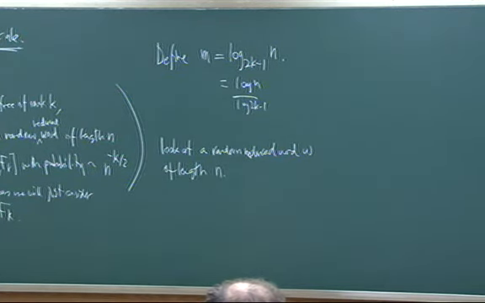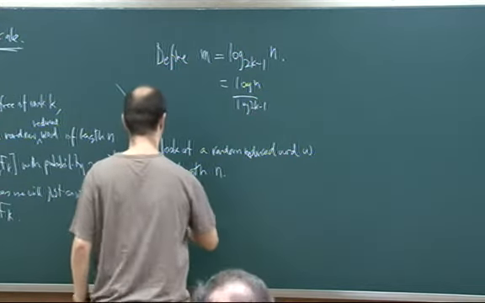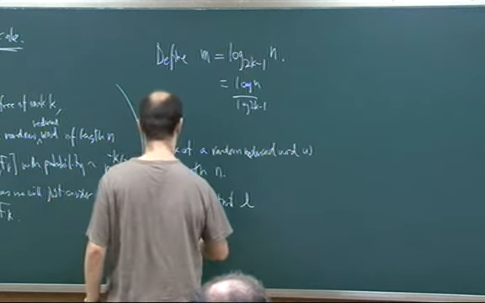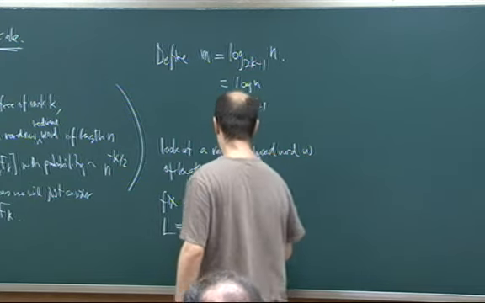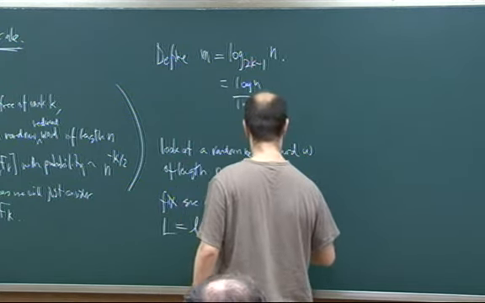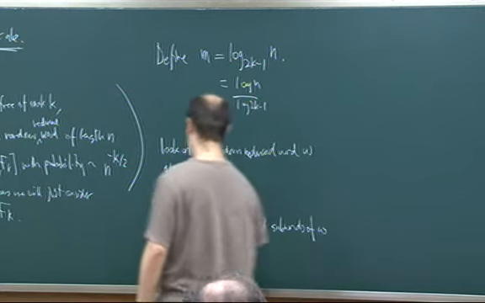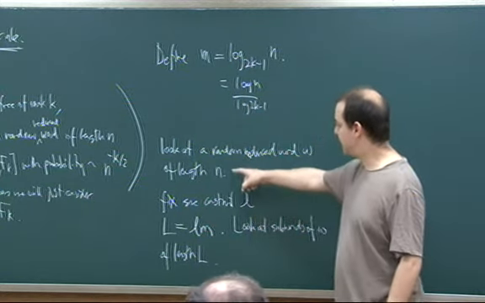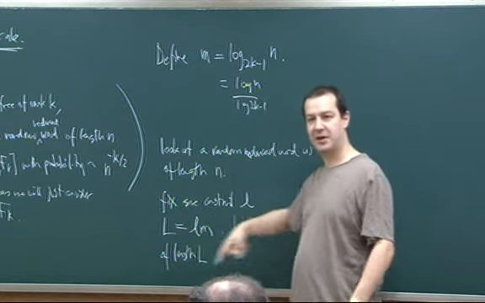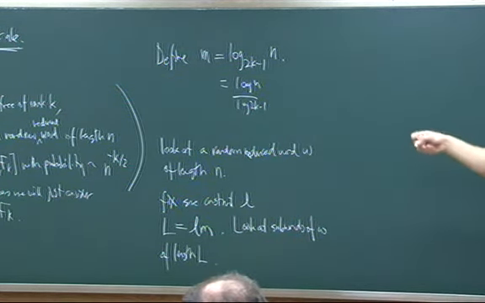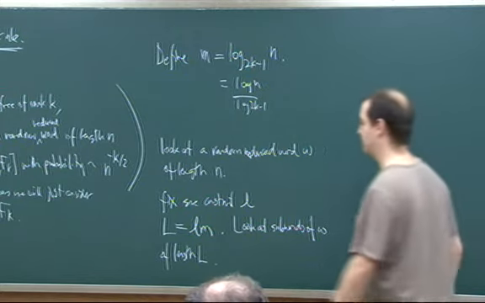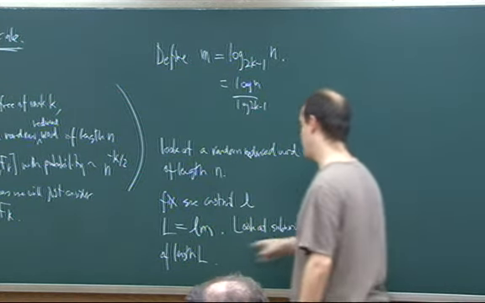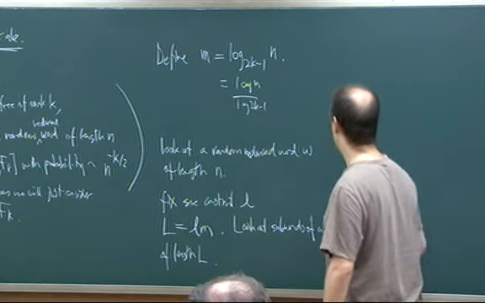If we look at the subwords, we're going to fix some constant, let's call it little l, and then capital L would be little l times M, and we're going to look at the subwords of W of length capital L. So the point is little l is fixed. As n varies, capital L varies, but the idea is that we're looking at things on the same logarithmic scale in our arbitrarily big words. We're fixing some constant little l, and looking at subwords of W of length capital L. And then the observation is